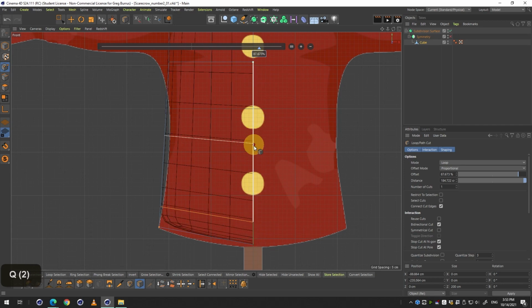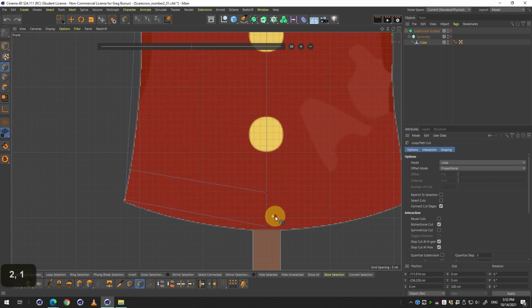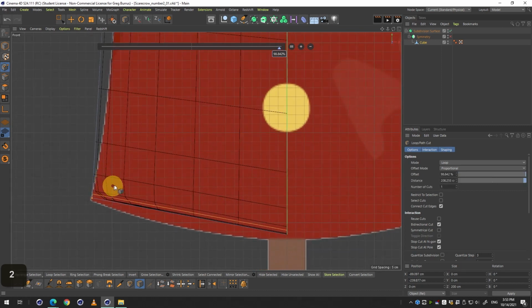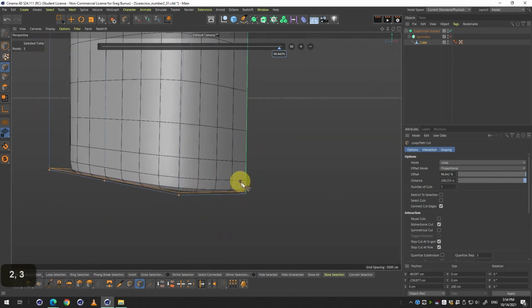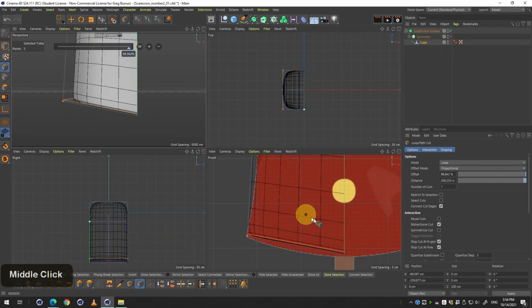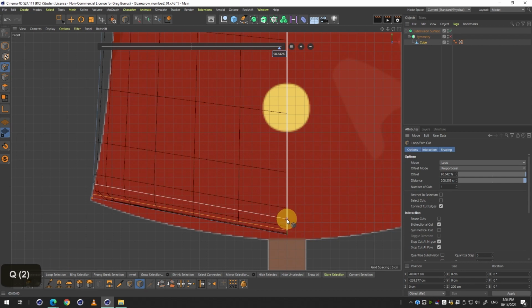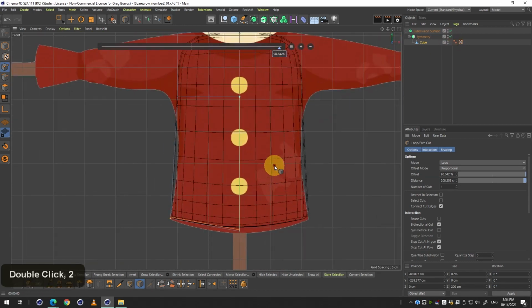So you can see here that using this technique, we can add more and more definition to our shape. If I wanted this to be a little bit more defined, and I'm undoing here, maybe I put it closer to the bottom just to see how much more accurate it makes it. So now if I look over here from the side, you can see that it's more of a sharper bevel edge at the bottom compared to what it was before. And of course you can go through this and add as much definition as you want in order to sharpen this edge. And if we turn back on our symmetry object,